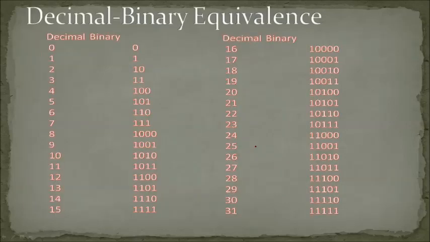The next one, let's see decimal and binary equivalents. Just check out the numbers. When you are converting a value from decimal to binary, you will be able to find these values, and you can easily use this table for conversion. When the decimal value is 0, binary will also be 0 only. 1 also remains the same in binary.